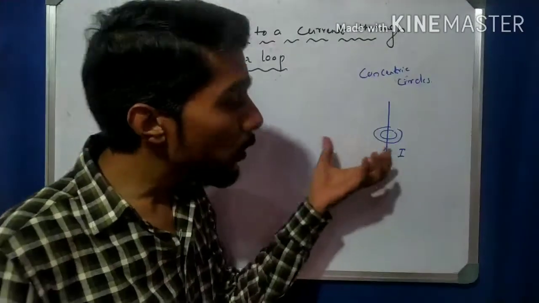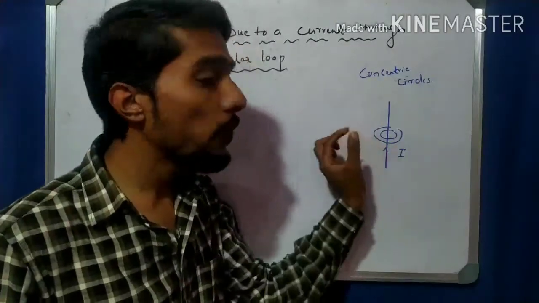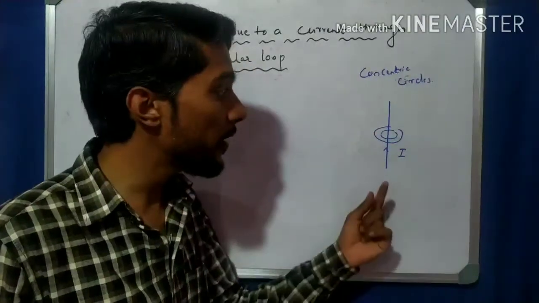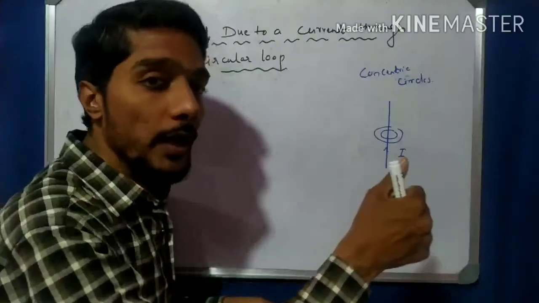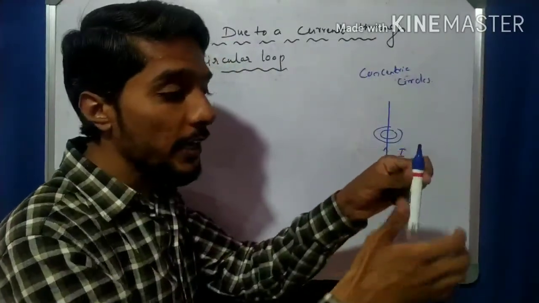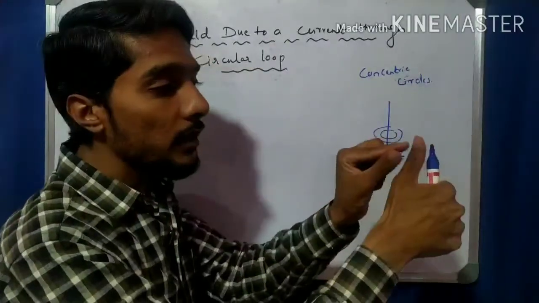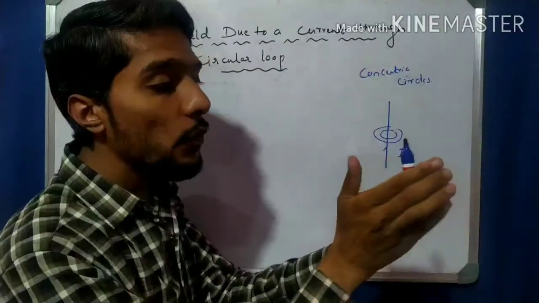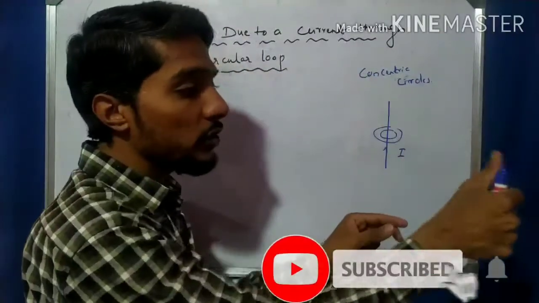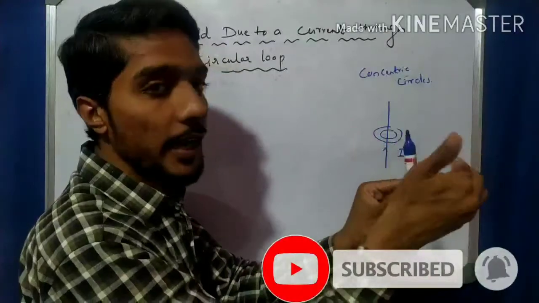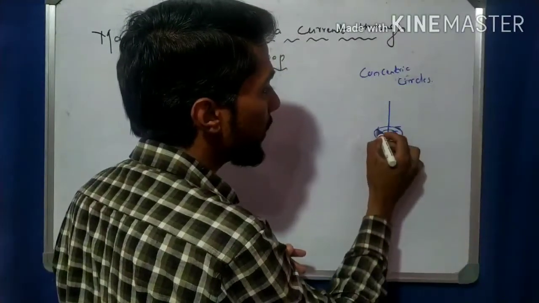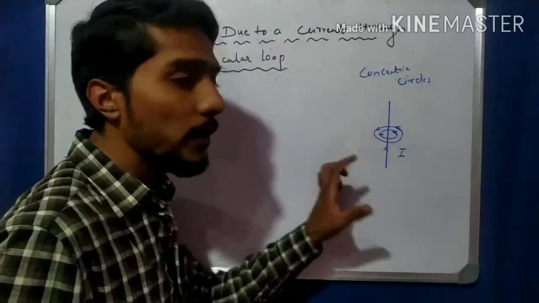We also learned about finding the direction of the magnetic field in this straight conductor. We use the right hand thumb rule, which states that you hold the straight conductor in the right hand in such a way that the thumb indicates the direction of the current and the fingers indicate the direction of the magnetic field. If the current is moving in the upward direction, then the field is in the anti-clockwise direction. We can put the arrow mark like that. So this is the one basic concept.